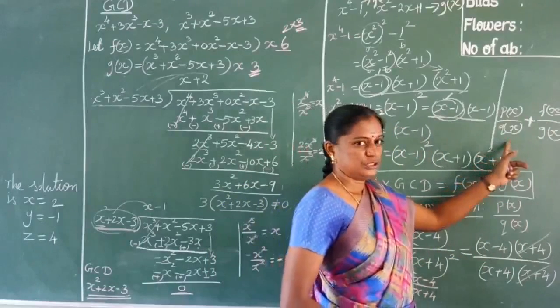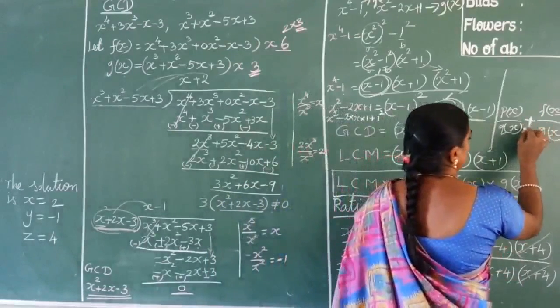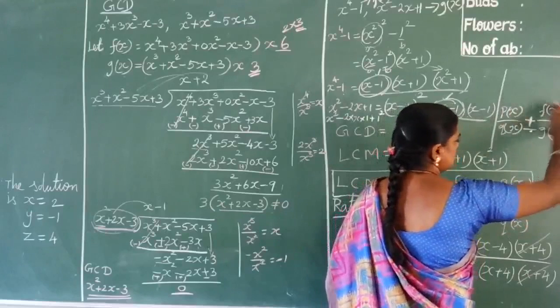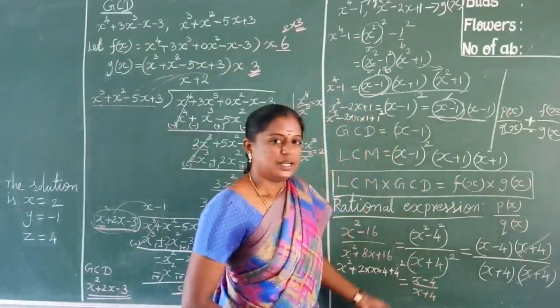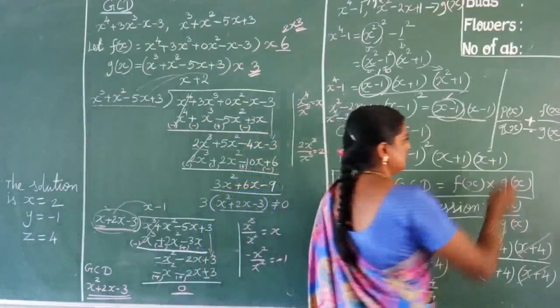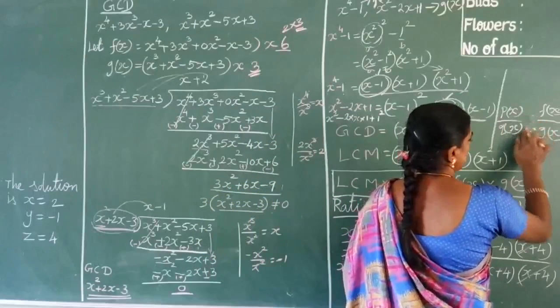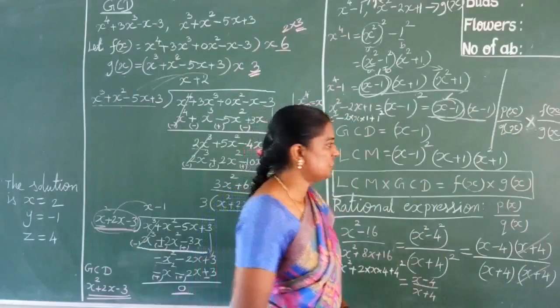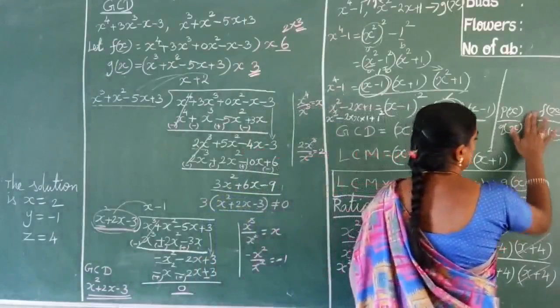This also has 2 more questions. And the subtraction is also the same. Separately simplify these two and separately simplify these two, and then subtract. Next, multiplication is also the same method. So instead of addition and subtraction, here multiplication will come. Next, division. So in this place division is given.